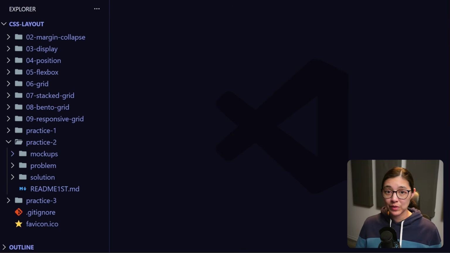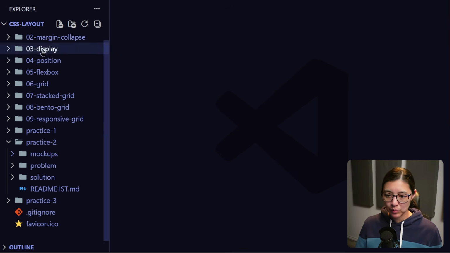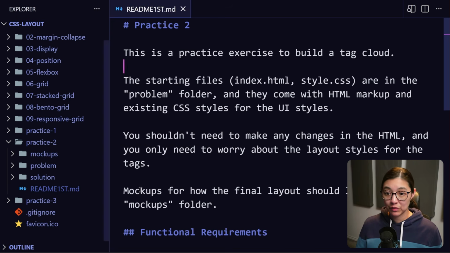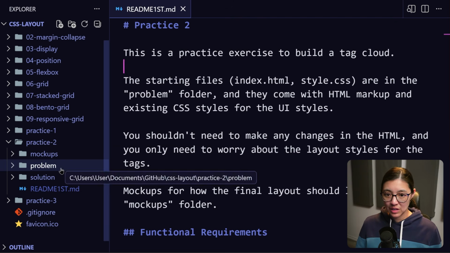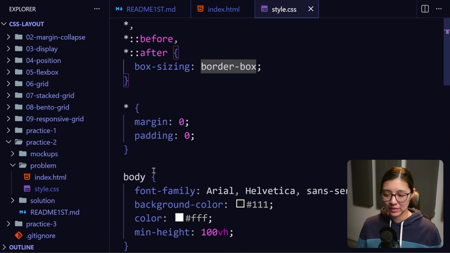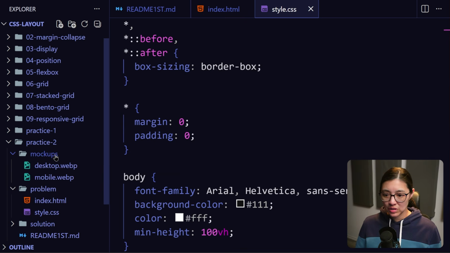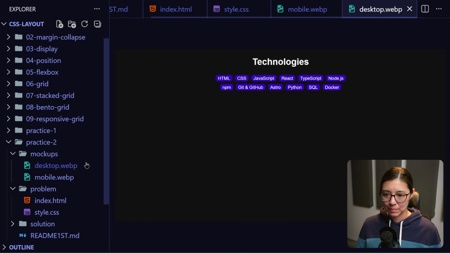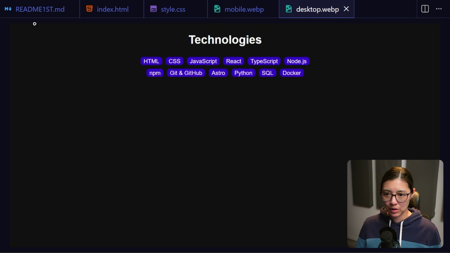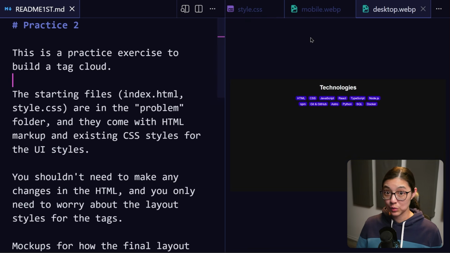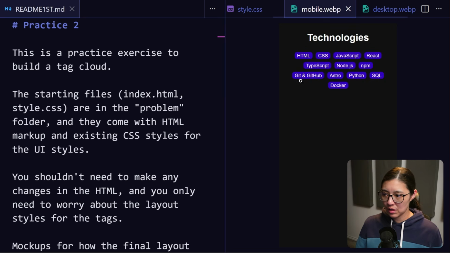Alright, so in VS Code I have that CSS layout repository open and we want to go down to the Practice 2 folder. In this folder we have a readme first markdown file that has details of what we need to build. Then we have the starter files themselves in the problem folder, which contains the index.html and style.css files. In the mockups folder, you can see screenshots of how the finished layout should look on both mobile and desktop. All right, so I'm going to close a sidebar. I'm going to move the README to the left side so we can see the README with the screenshots of